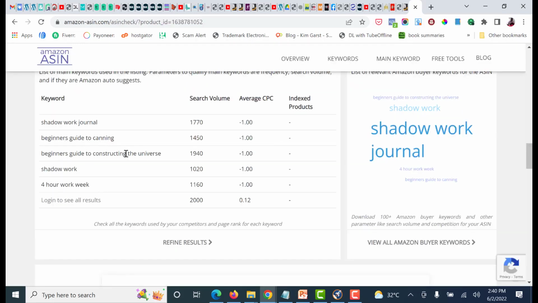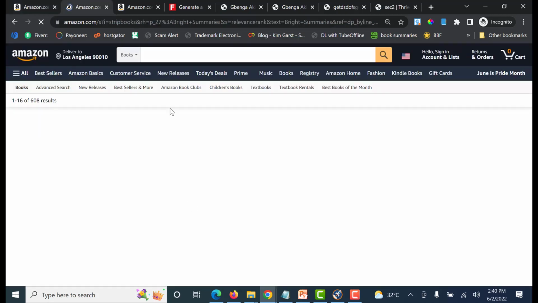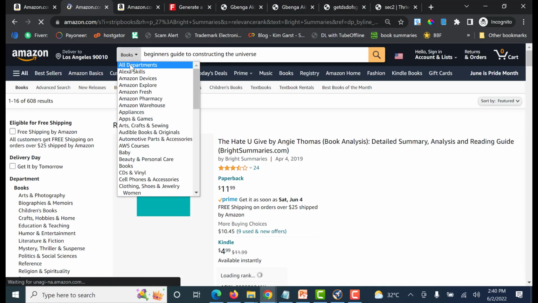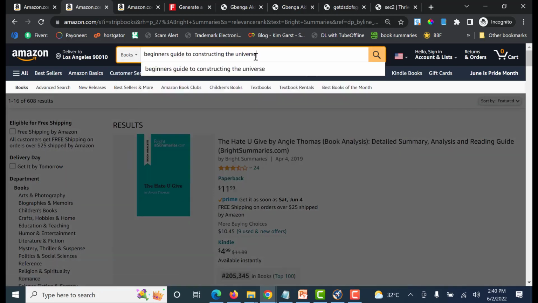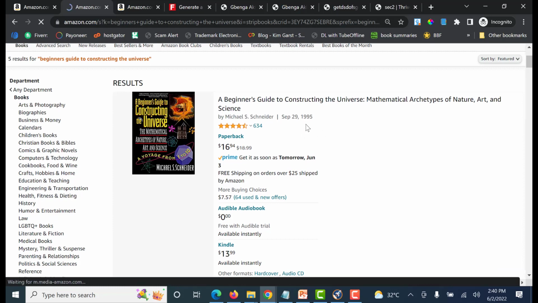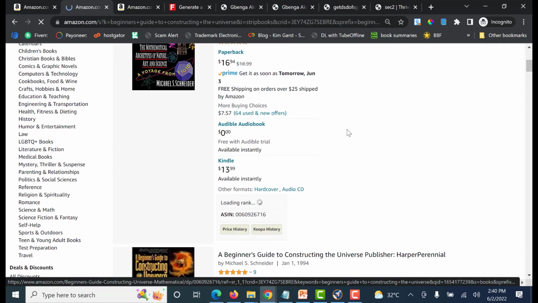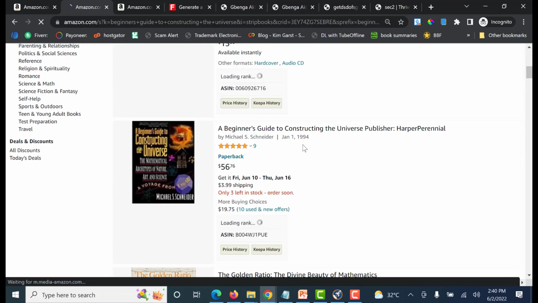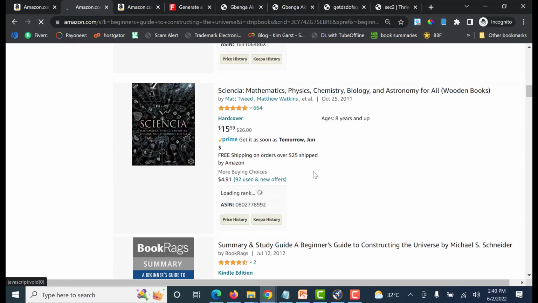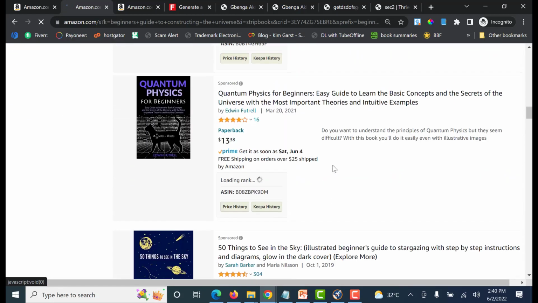So several journals, beginner's guide to constructing the universe. Let me see if there's a book with that exact topic. Okay, let's see what's going to come out. If there's a book, okay, beginner's guide to constructing the universe, 1995. Oh, so it's actually a bestseller, like a classic, right? That's a classic. It's $56. That's a big one. So we are not going to go for that keyword because it's totally different from what